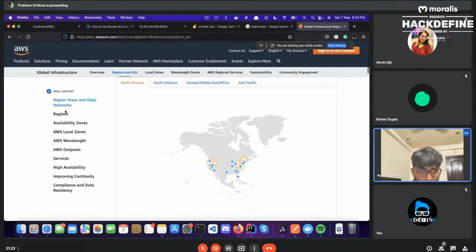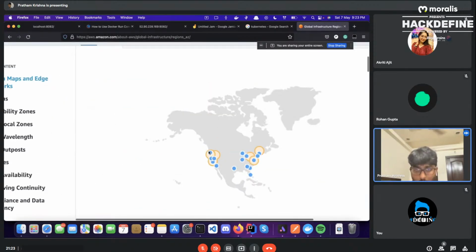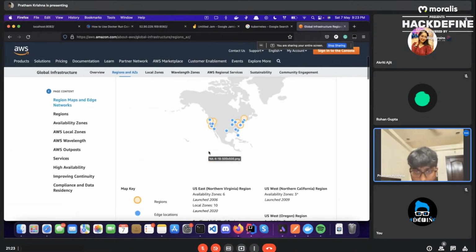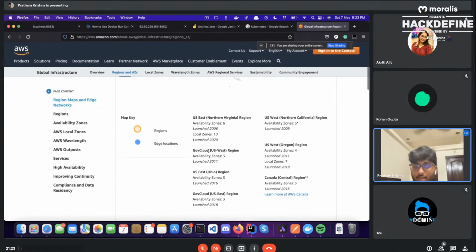So in terms of regions, let me zoom in a little actually. All right, okay. So there's multiple regions which are provided by AWS. In the North America region, there's US East, which is North Virginia. There's Ohio. There is Northern California.